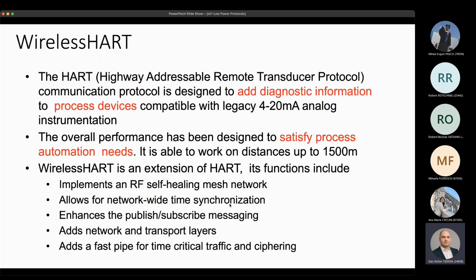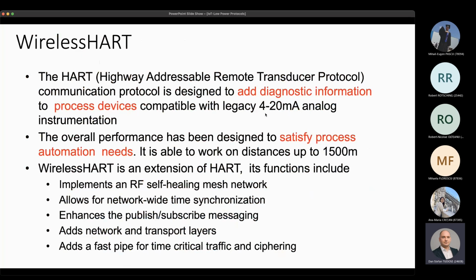Now moving on, the third protocol we're going to talk about today is WirelessHART. HART stands for Highway Addressable Remote Transducer Protocol. It's an industrial communication and data protocol designed to add additional information, not only diagnostic information, but also data information, to devices which are compatible with the legacy 4-20 milliamp